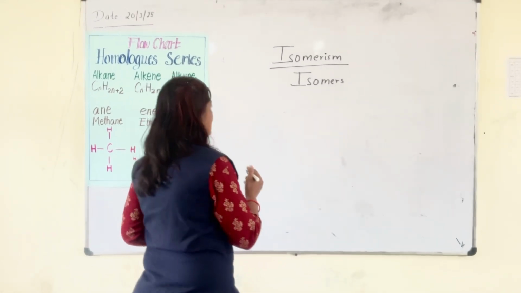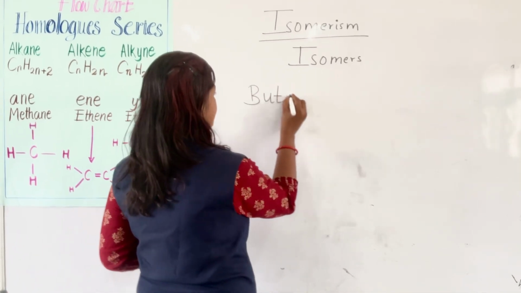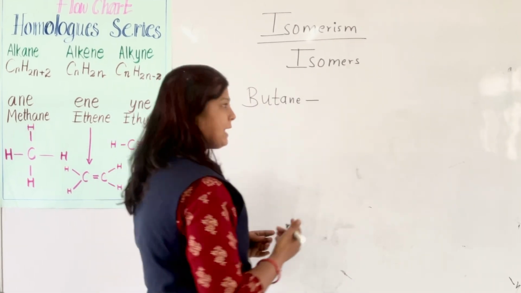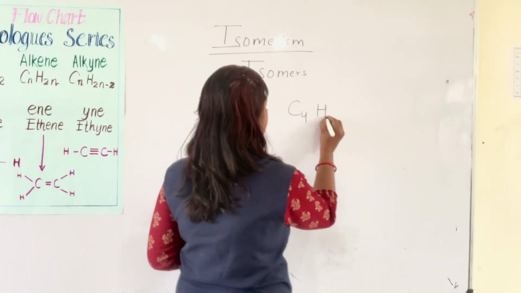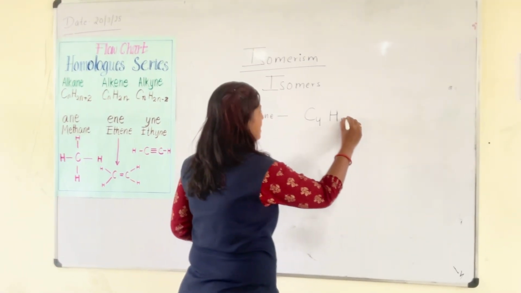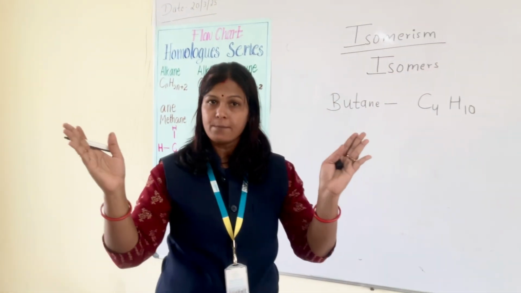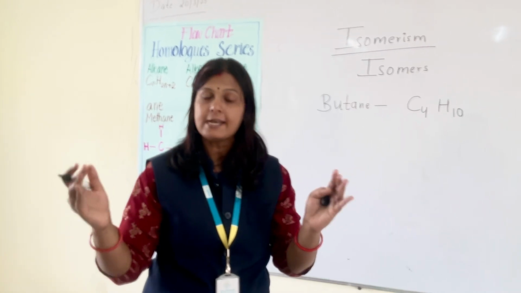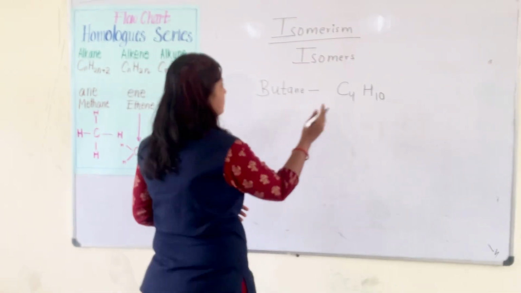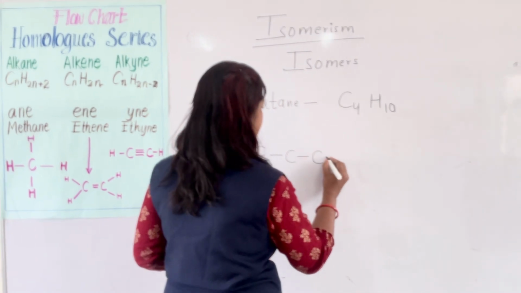See here, isomer. First I will take one example, the example of butane. Okay? So what is the formula of butane? C4H10. Yes or no? Now, if I make this structure in two forms, one in a long chain structure and another in the form of a branch structure. See here how I will draw. How many carbons are there? 4, right? I will draw it in the form of a straight chain like this.